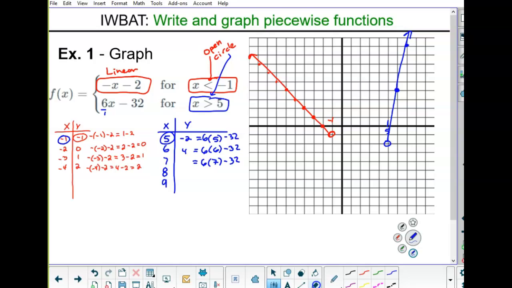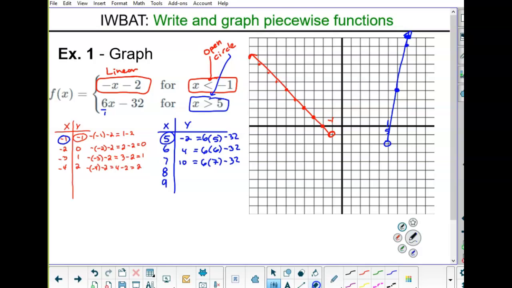Okay, it's that 42 minus 32 is 10. I think this should actually be right here. 1, 2, 3, 4, 5, 6. So there you go. There's my two pieces to my graph. And notice, they're not connected. There aren't pieces for